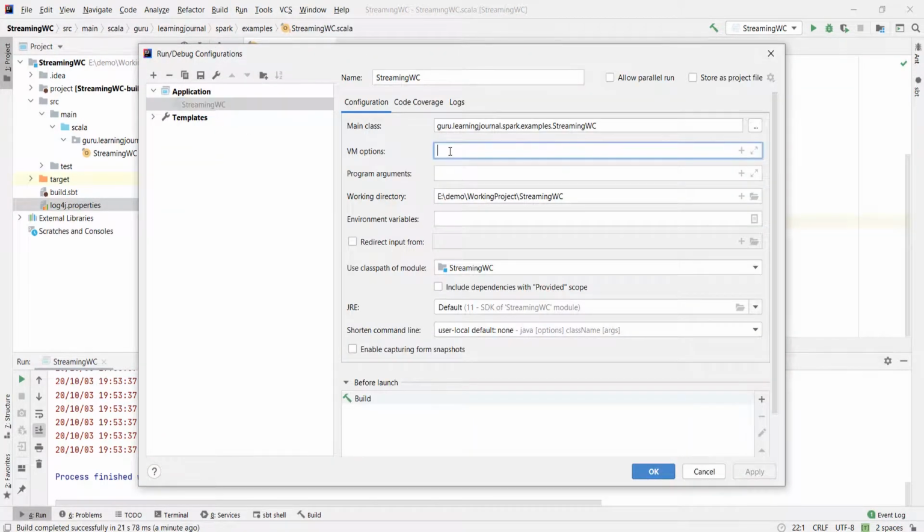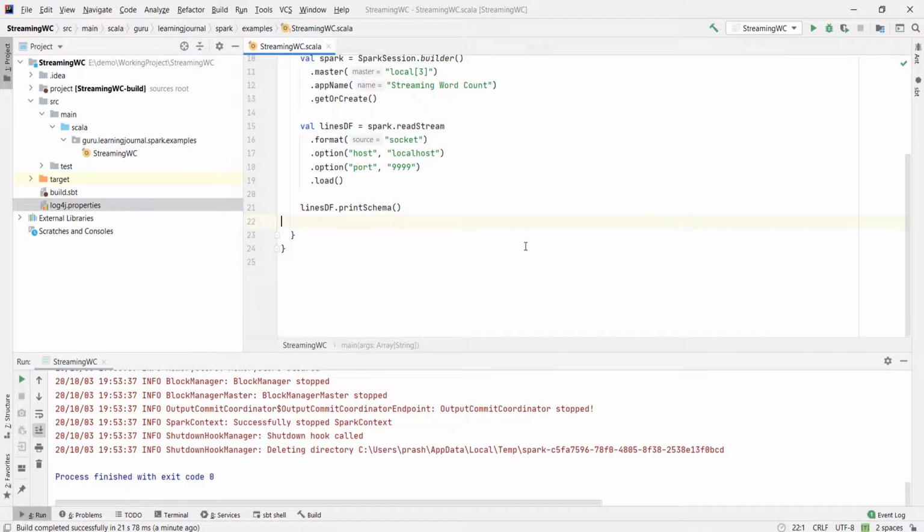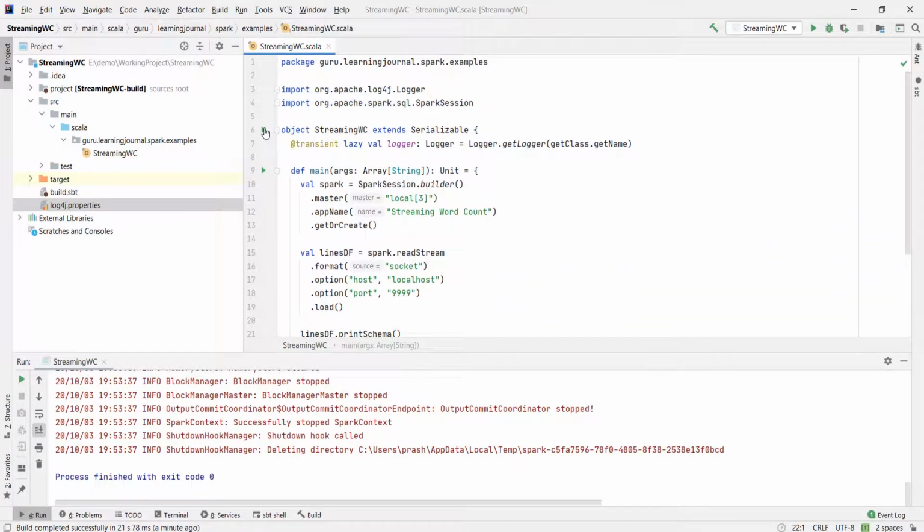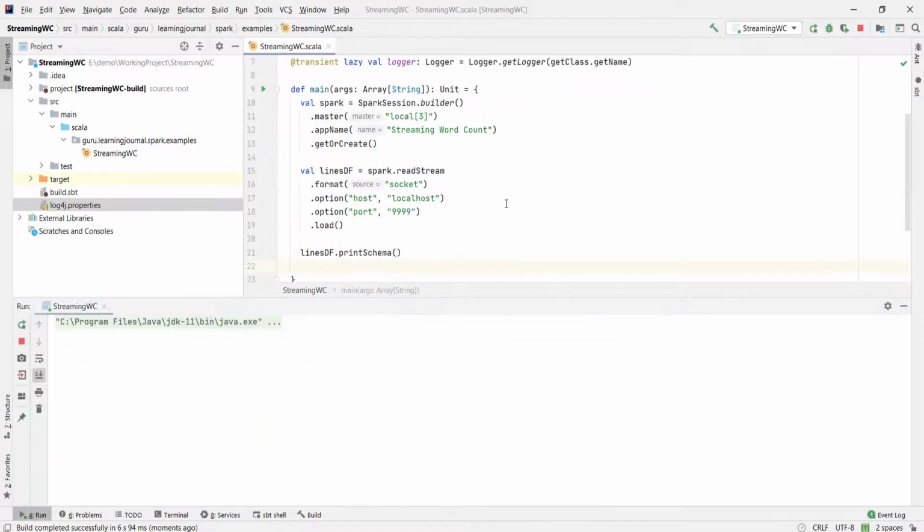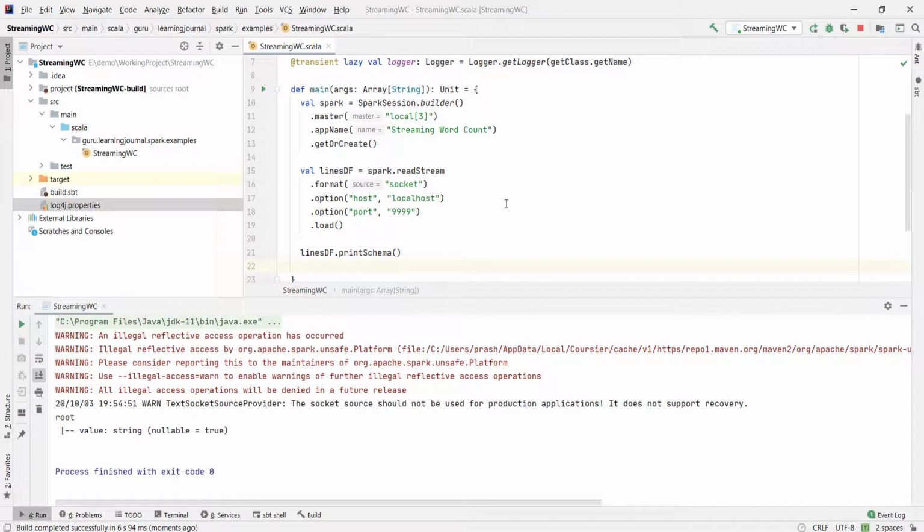Now, the IDE will know the location of my log4j file and pick it up correctly. Let me rerun it. So here is the data frame schema. I have a single string field and the column name is the value. That's good to start my word count transformation.